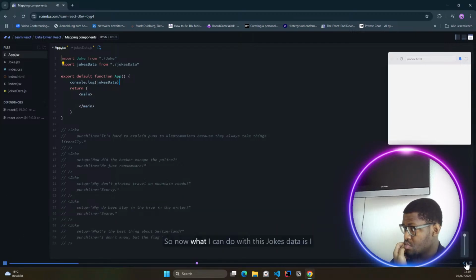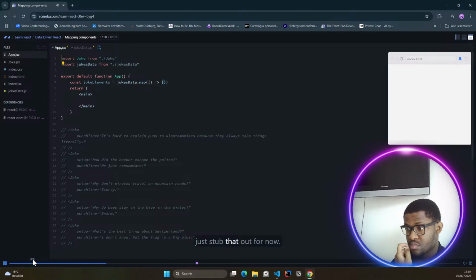Great. So now what I can do with this jokes data is I can create a new array of elements. Let's go ahead and call it maybe joke elements. And I'll set that not equal to an array that I'm going to define with my square brackets here, but instead with the array that gets returned by calling jokesdata.map. .map takes a callback function, so we'll just stub that out for now. And as it iterates over the